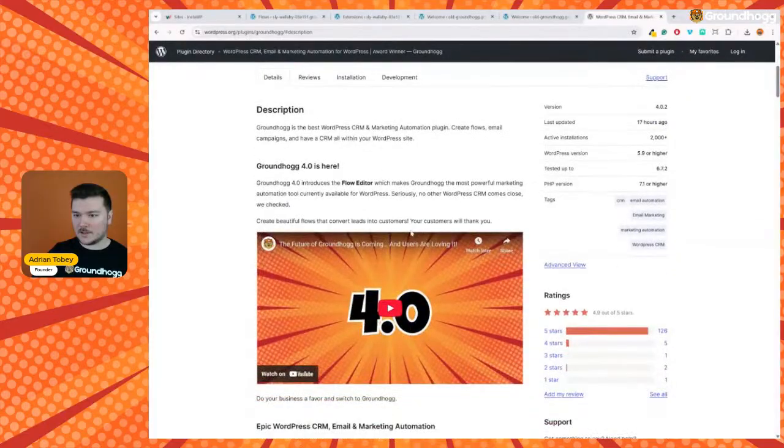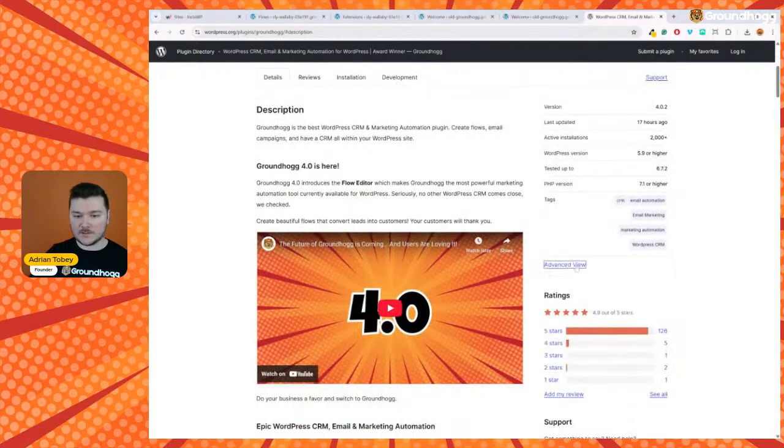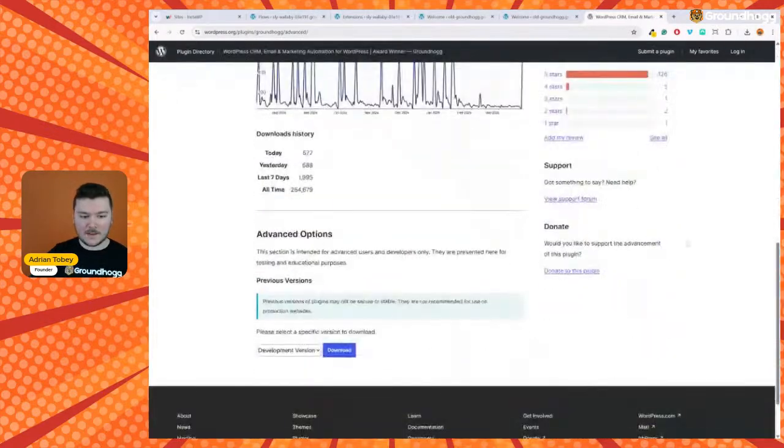And you can click, by the way, if you haven't left a review for Groundhogg on the WordPress.org repository yet, please go do that. That'd be very helpful. But you can click on Advanced View, which is under the plugin details on the right-hand side. If you go ahead and click that and you scroll all the way to the bottom, you can download every version that's been released of a plugin